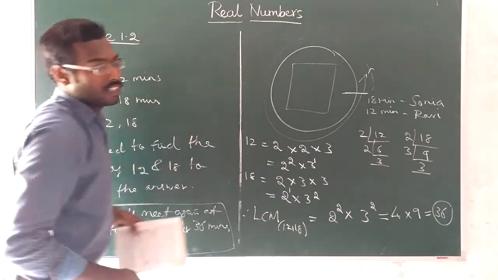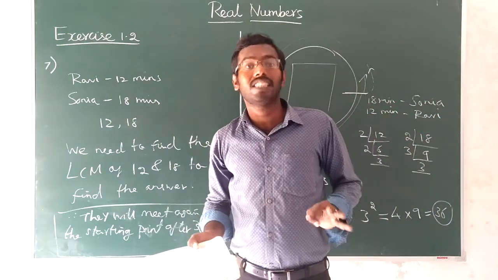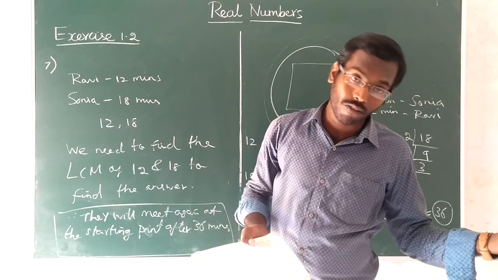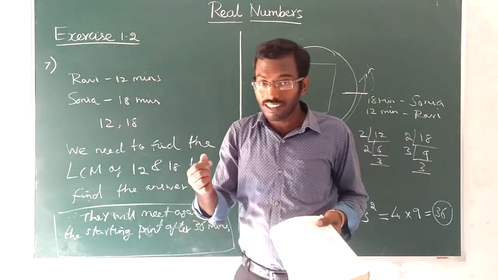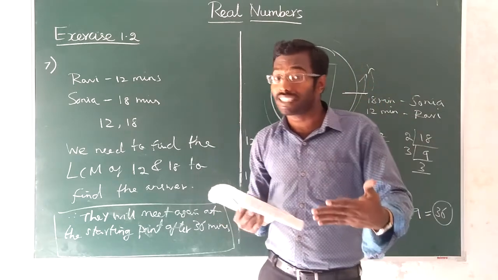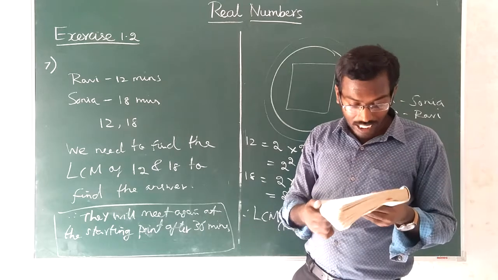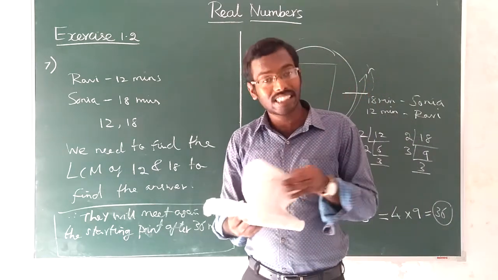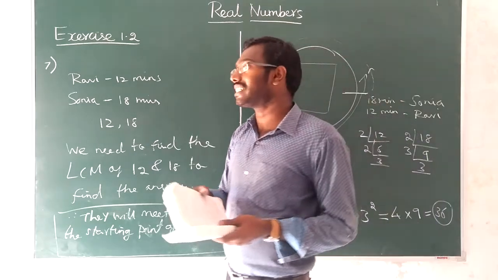Is it clear? So word problems answers will be easy, but you should analyze the question and find whether we need to find the LCM or HCF. When you analyze the question, if some least value or minimum value is asked, you have to apply LCM. If some highest value, maximum value is asked, you have to find the HCF. Understood or not? So that's all. We have completed the 5th sum, the 6th sum and the 7th sum.